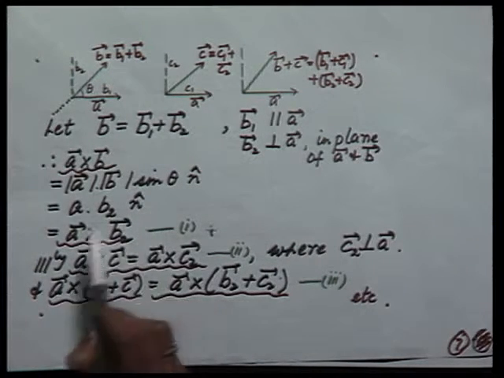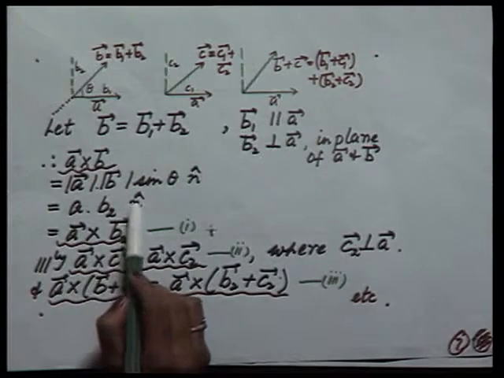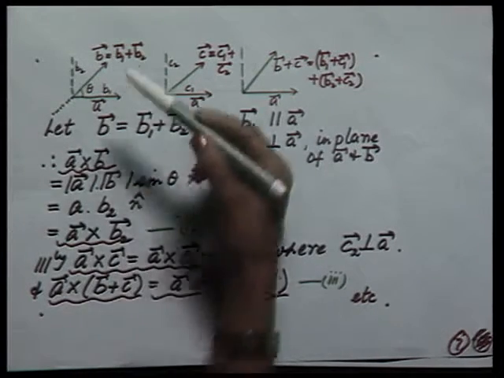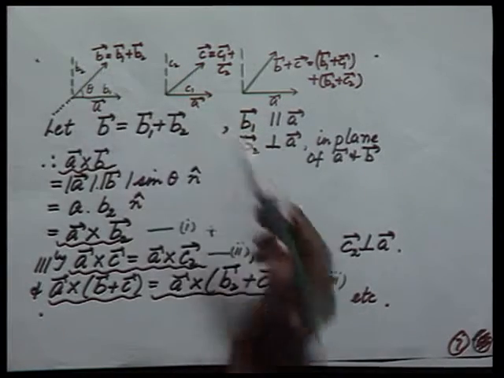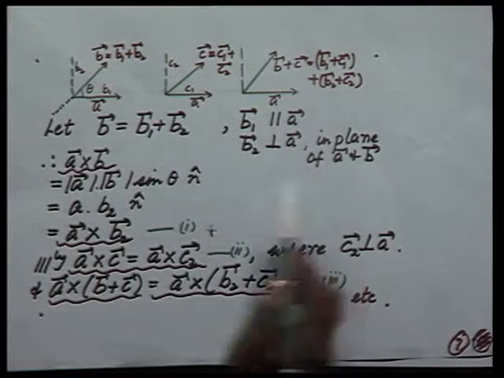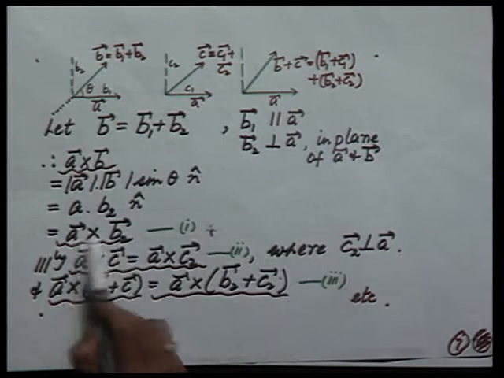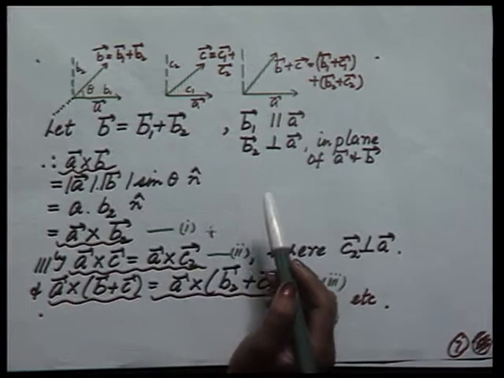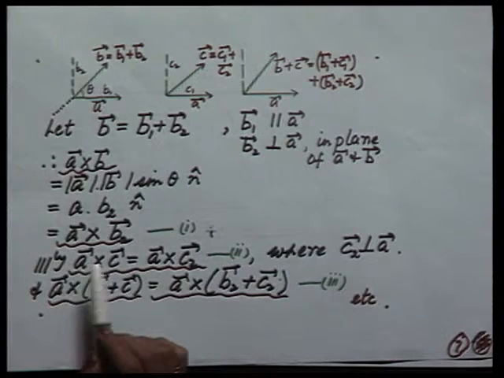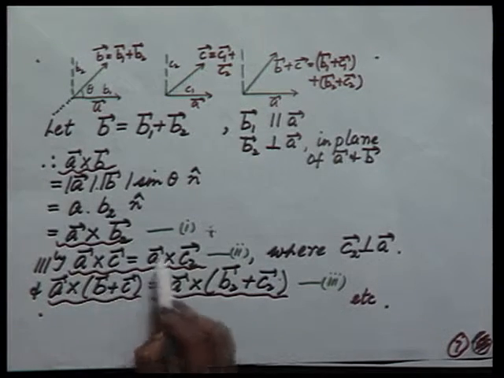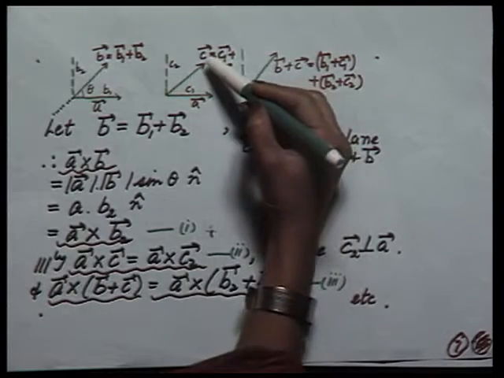And this is nothing but A cross B2, because the unit vector n is perpendicular to both A and B, and hence to the vectors A and B2 as well. So, this is nothing but A cross B2. The angle between them, you can see, is 90 degrees. Similarly, I can express A cross C as A cross C2,